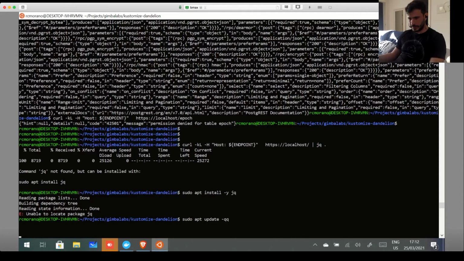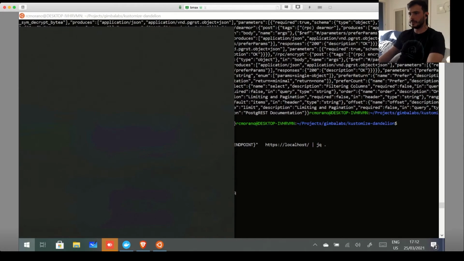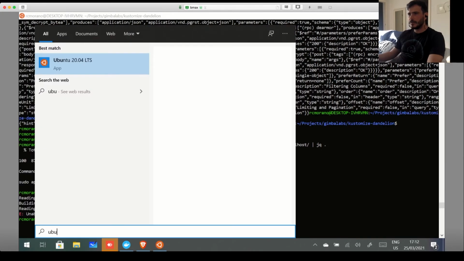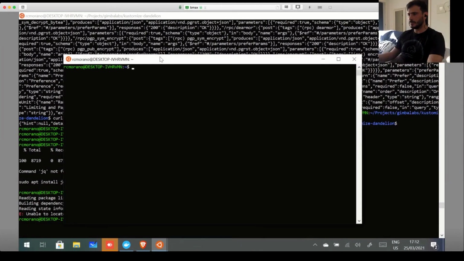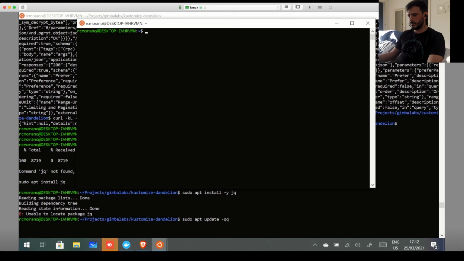I wonder if I can open yet another Ubuntu terminal. Yes, we do. Cool, then I can,